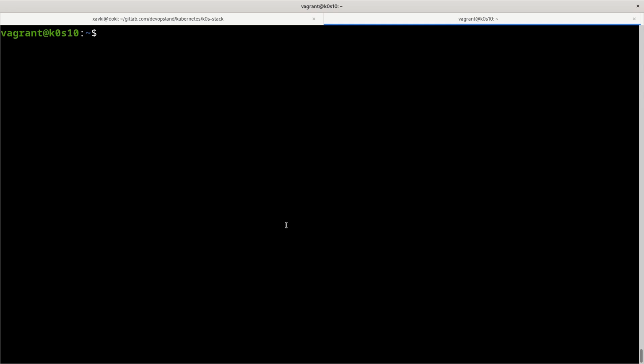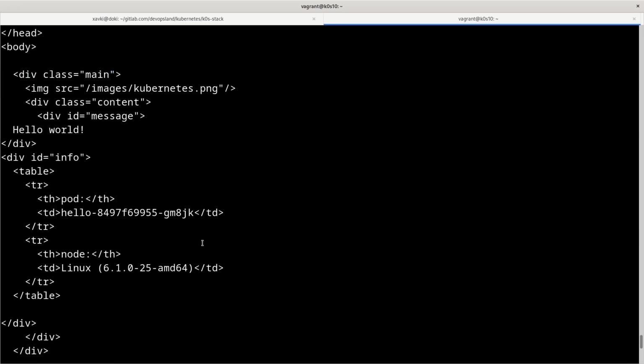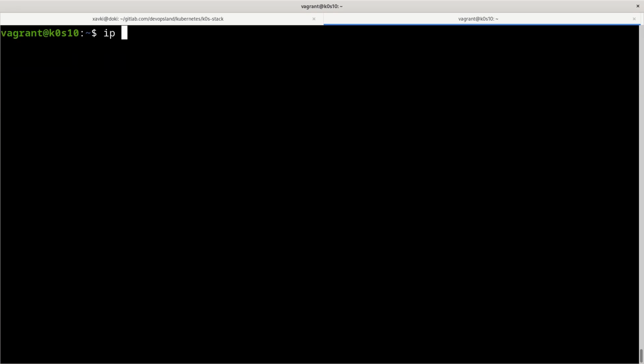A cluster IP type is just a dedicated and specific service inside the Kubernetes cluster, so you can't use it on an external IP, for example on our worker node. But imagine that we want to use it on the IP of our worker, like here.